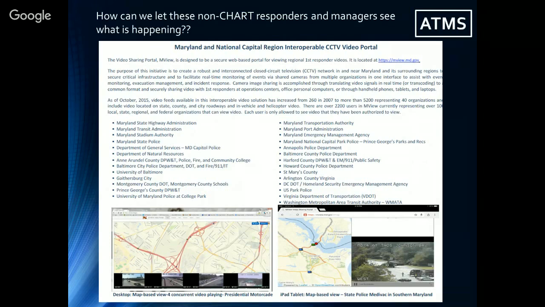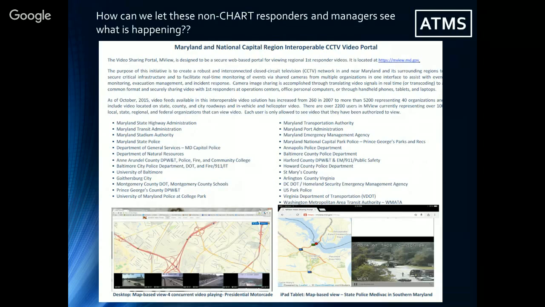So we started looking into all these different camera systems out there using different types of ways of encoding video. If we can't get everybody to use the same kind of encoder, which we're not going to be able to get, why not find a way to translate that video in real time and send it out in a common format? So we actually came up with a box based on open source. And thank God we didn't invent this problem. Go take a walk down Manhattan someday and look up at any corner and you'll see 20 cameras on the same pole because all the people need the video, but nobody can find a way to share it with anybody. All the video that's coming in gets translated in real time to H.264